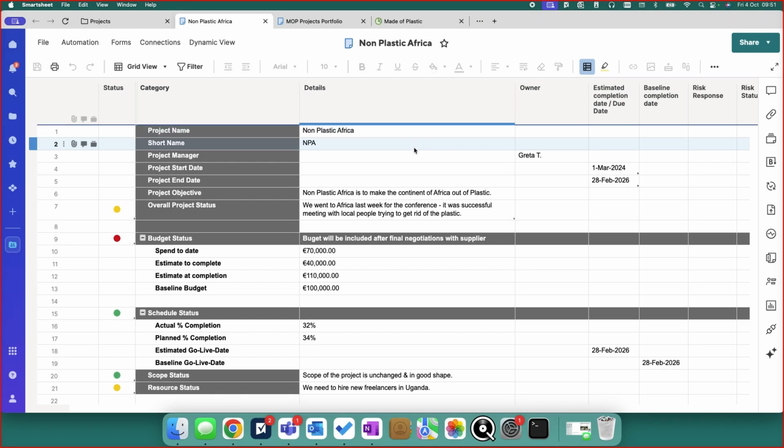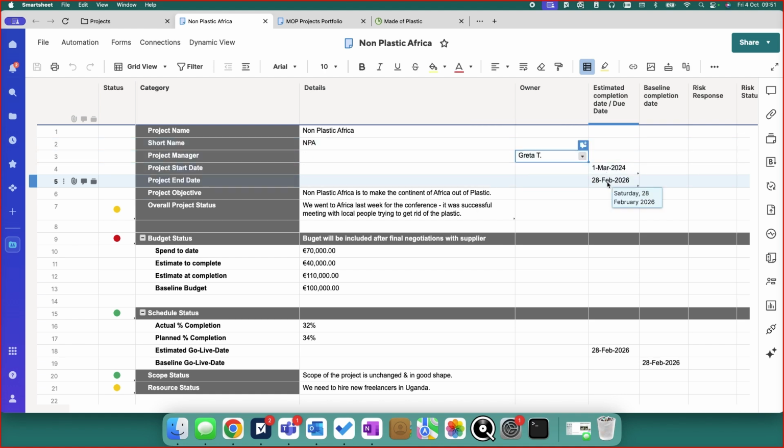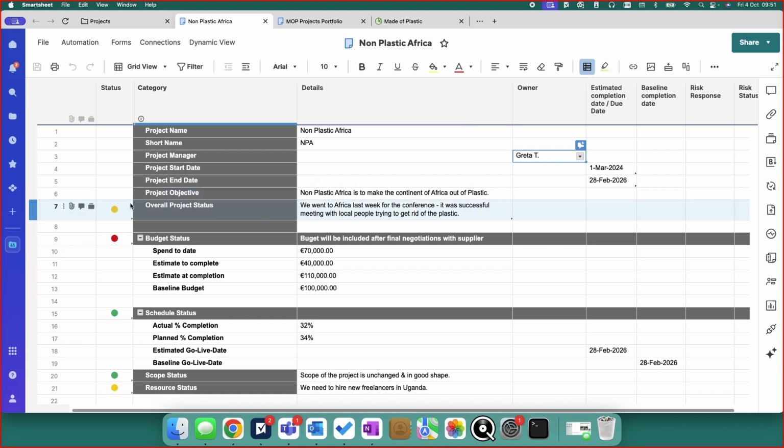This is the project intake sheet. And as you can see, there is all the information that the project manager needs to update, in our case, twice per month. So we have here the project name, the project short name, the project manager, the start and the end date of the project, project objectives, and also you can see here the yellow lamp, which is the status